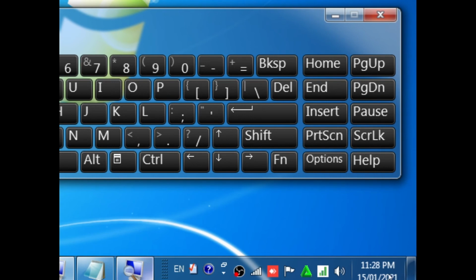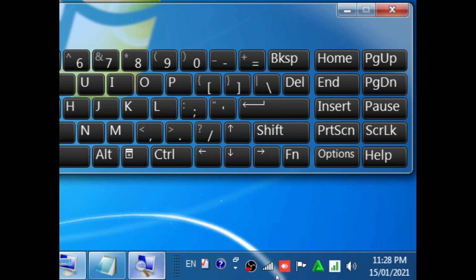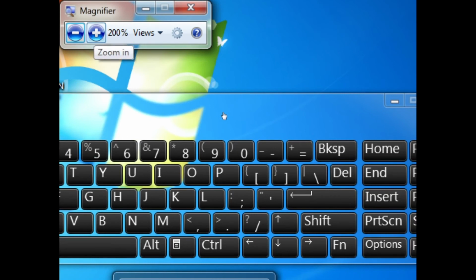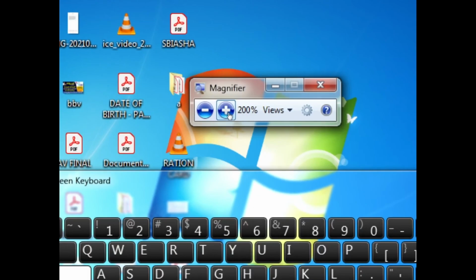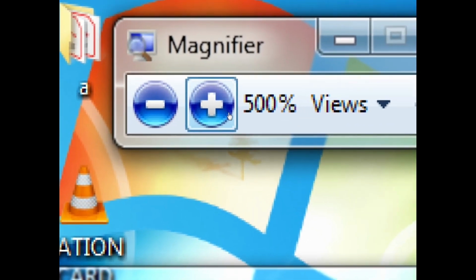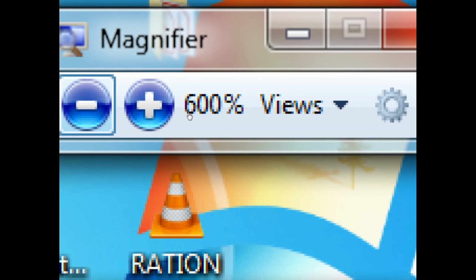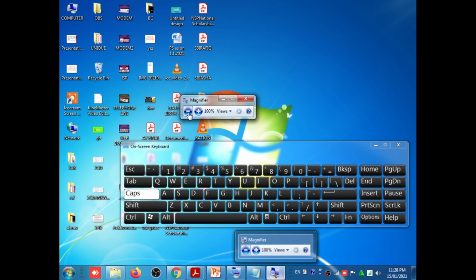See here, 11:28. Now I'm making the video. I'm just showing you 15th January. Now, if you want to change the position, just right click. Okay, and here you can select the position. So default is the zoom out 100%. See here 100%. So if you want to zoom in, 200, 300, 400, 500, 600, 7, 8, like this. So if you want to zoom out, click 7, 6, 5, 4, 3, 2, 200 and 100 is the default. Okay, so you cannot go below that.